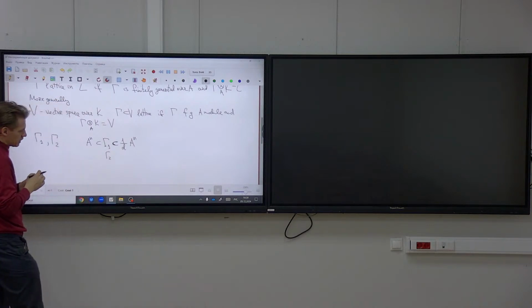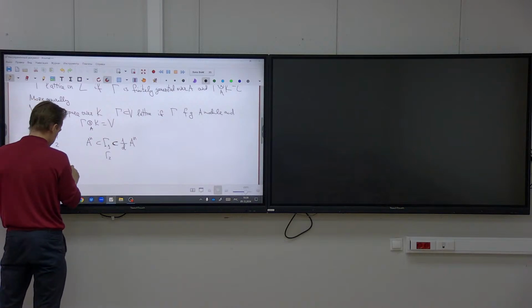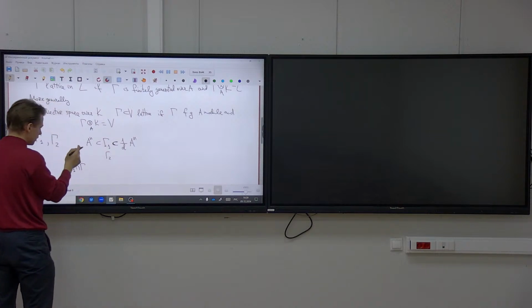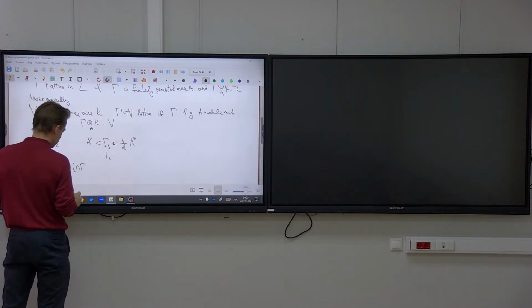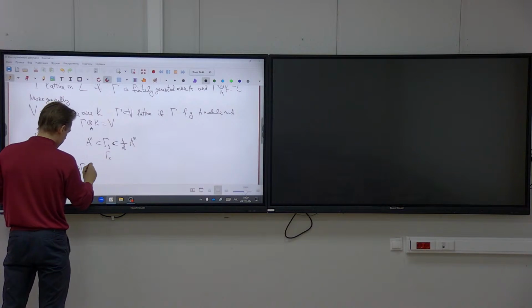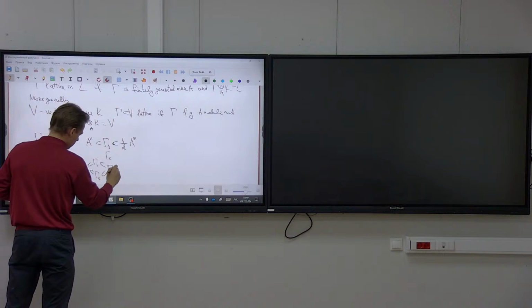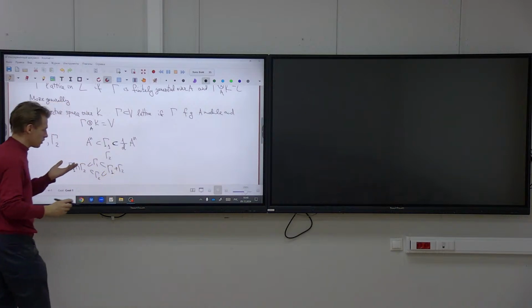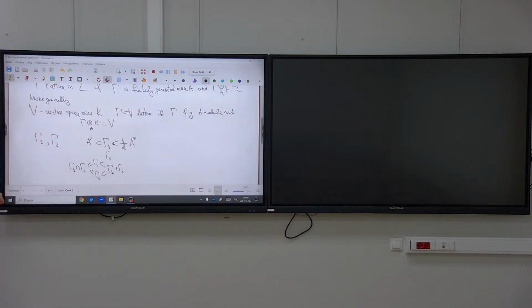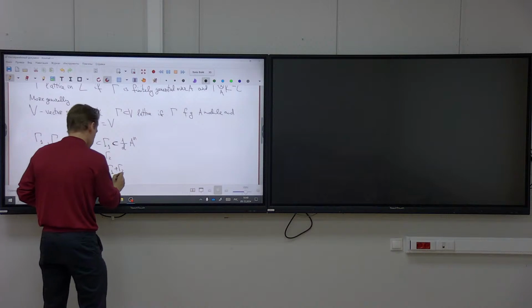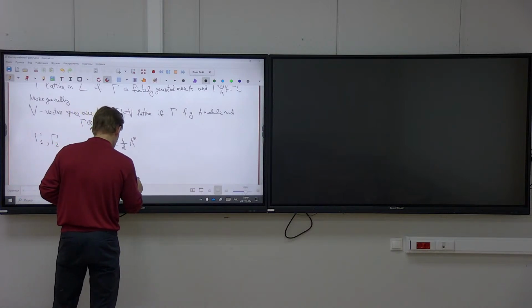First of all, you can take the intersection of lattices, or you can take the smallest lattice that fits, that is both inside gamma 1 and gamma 2, by clearing up denominators, and you can also form the lattice gamma 1 plus gamma 2, and here it is, I mean, if you are speaking about gamma 1 and gamma 2, it is clear that it is a finitely generated module. Yeah, so this is finitely generated,